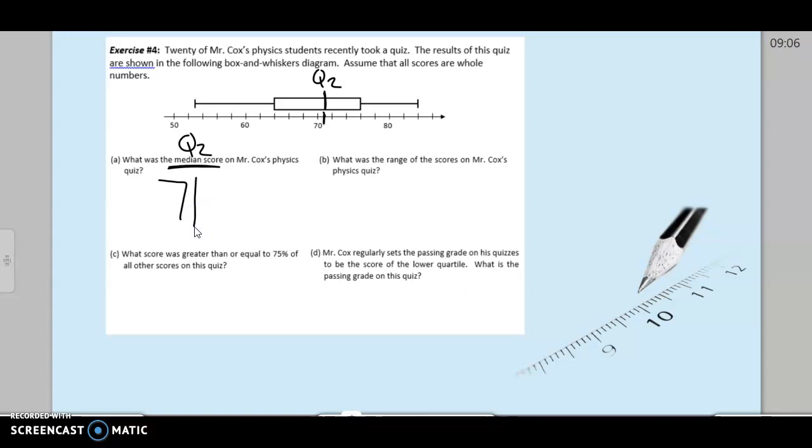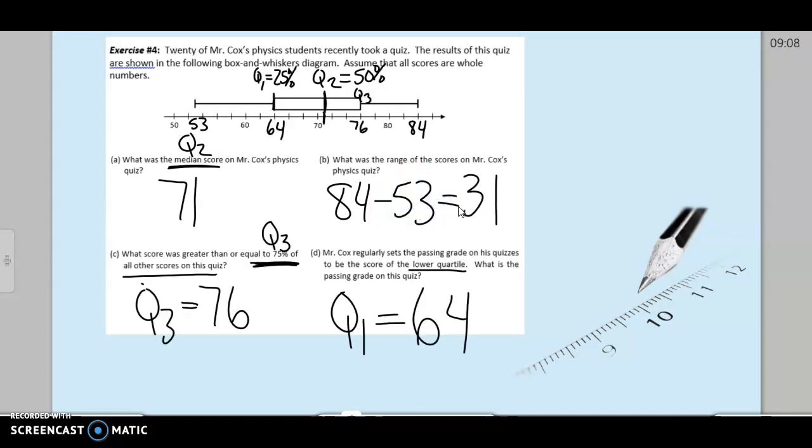How about the range? Well, the range is the difference between the highest and the lowest. So going by 2s puts this at 84 and puts the LB at 53. So just reading this data, 84 minus 53 would be the range. So to find the range, you would have ended up at 31. 75% of the data would be the third quartile breaking it up into quarters, so that would be 76. And then the lowest quartile would